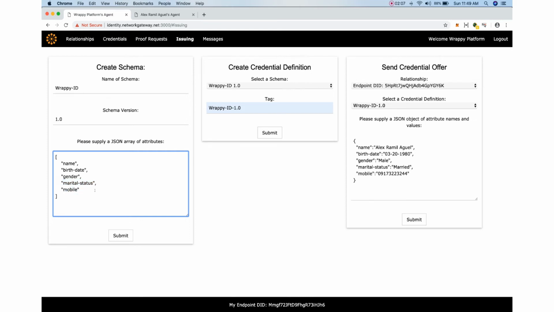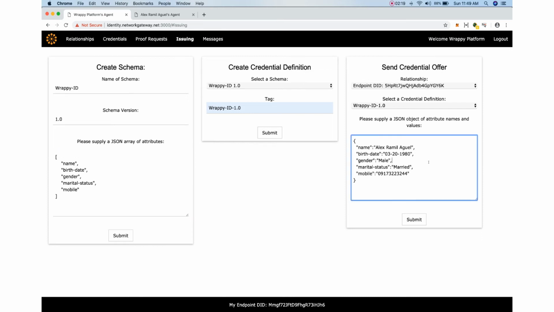Now, since we have already established a relationship with the user wallet, as shown earlier, Wrappy can now basically issue the credential to the user automatically. But in this case, we're just doing it manually to demonstrate how the system works, how the agent interacts with the blockchain and everything. So in this case, we will try to issue a